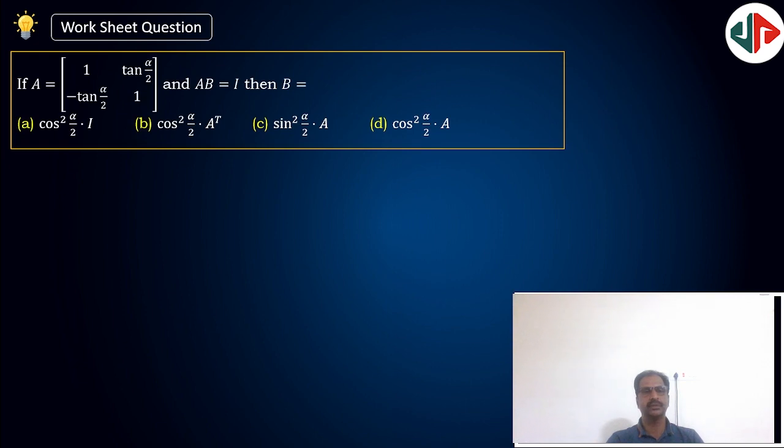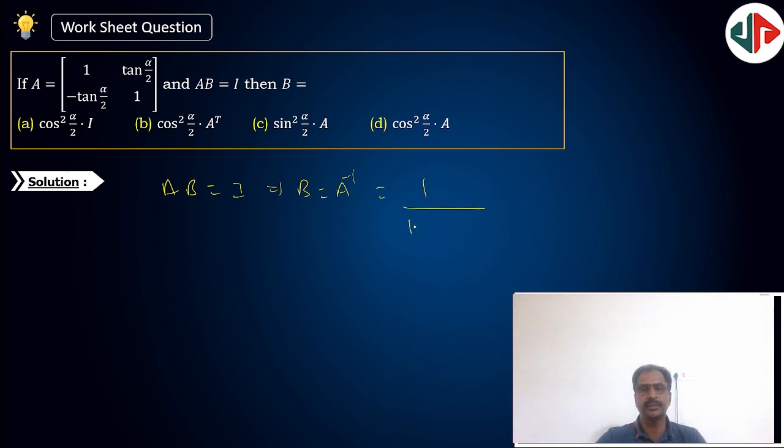Same question we have done just now. A into B is equal to I, which implies B is equal to A inverse. What is the formula for A inverse of a 2 by 2 matrix? 1 by AD minus BC, times D, minus B,